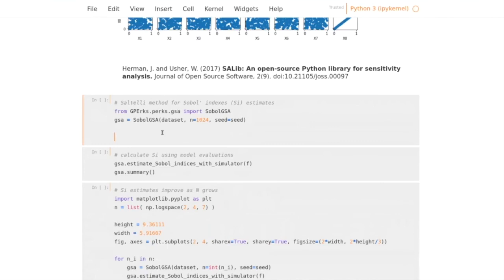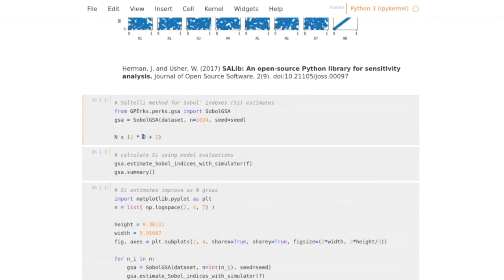And this method needs a number of points, which is basically n times 2d plus 2. So basically, we will need n times 2d plus 2 model evaluations to estimate the Sobol indices for a problem